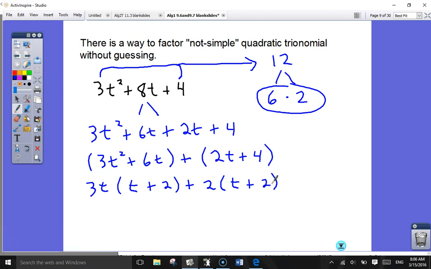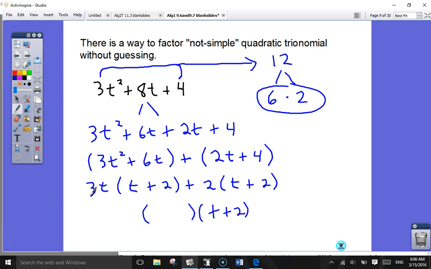Okay, if you've done this process right, at this point, what's in parentheses will be the same. It has to be the same, or else there's a mistake. So since we've got t plus 2 in both sets of parentheses, we're one step away from being done. Right? This is t plus 2 times,